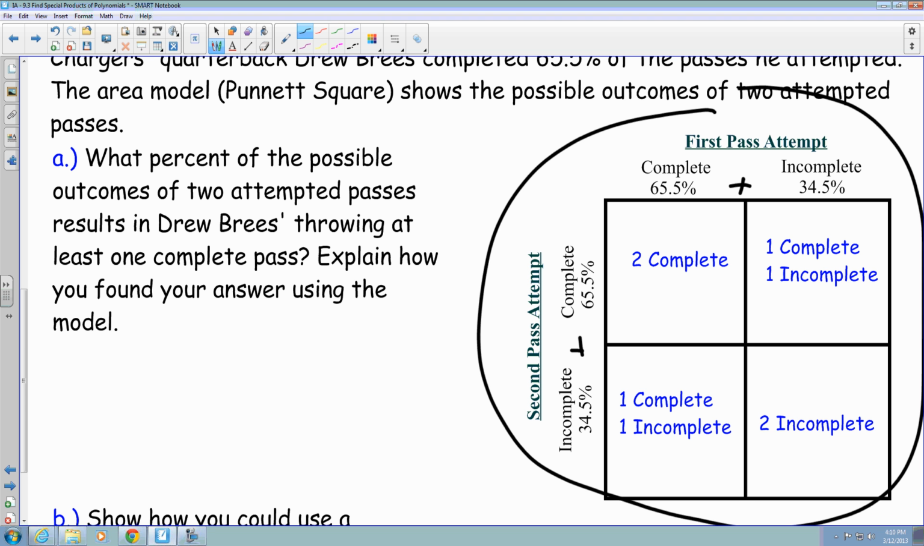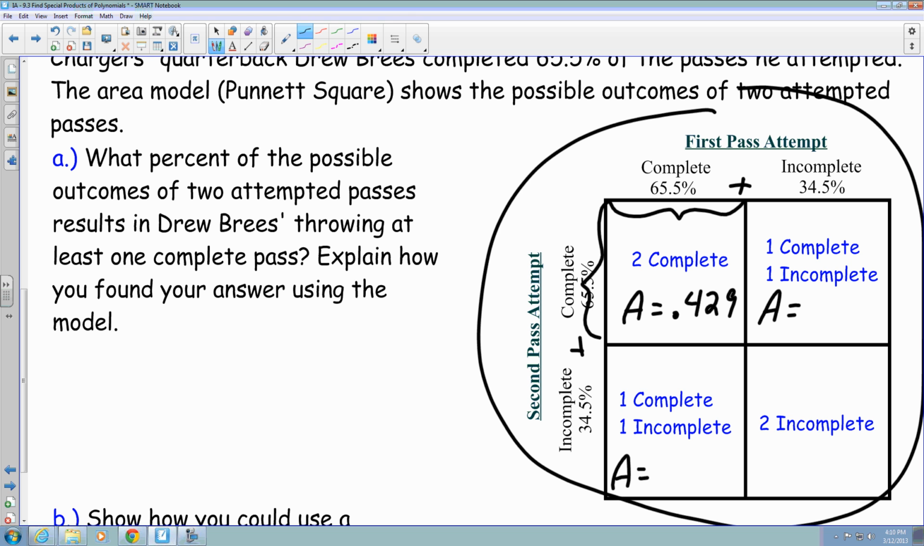We've said that this square is 1. But now let's break it into these 4 sub-rectangles, as you can say. I want to find the areas of these 3, because these 3 are going to help us find the percentage of him throwing at least 1 complete pass with 2 attempts. So here I have dimensions of 0.655 by 0.655. If I take the area formula of that and multiply those together, I get roughly